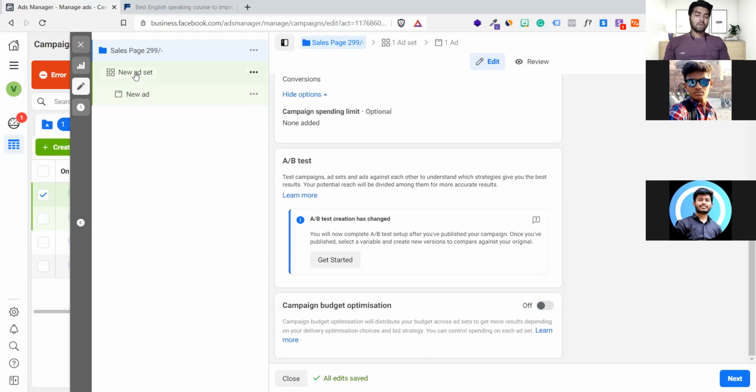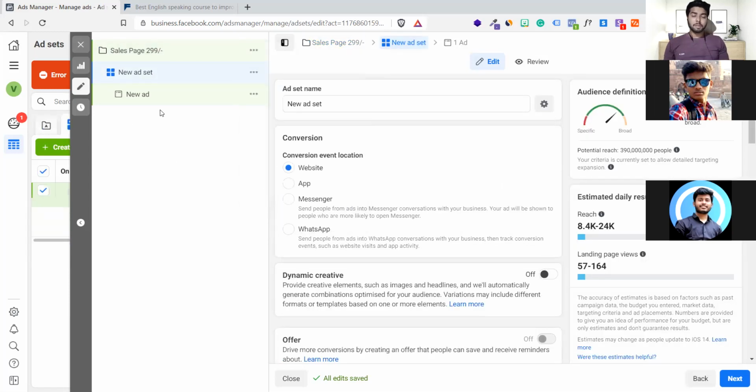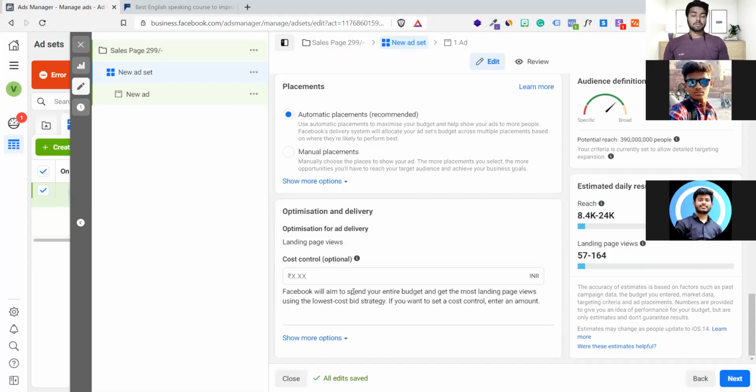It is asking for campaign budget optimization, which is up to you. If you are using only one ad set, then it doesn't make sense because it's automatically under the campaign budget optimization. But suppose you are using two ad sets under one campaign, one for India, one for Dubai, just how we did last time. Then the Facebook algorithm will understand which platform to use for providing the money. Suppose you have 10,000 and you tell Facebook to automatically decide on which country you should spend more, which is giving better results. So Facebook will automatically decide.